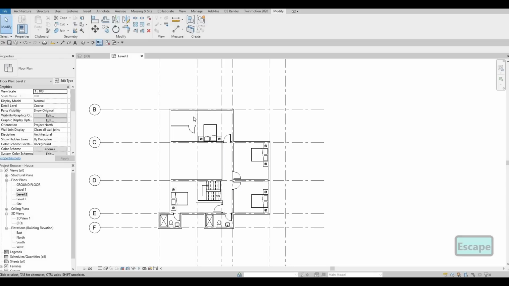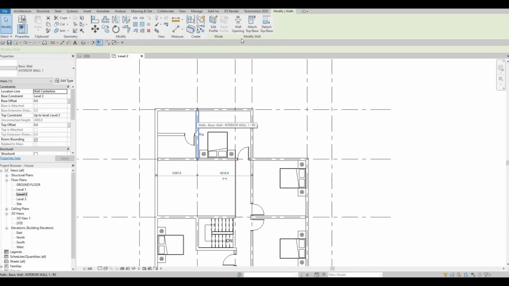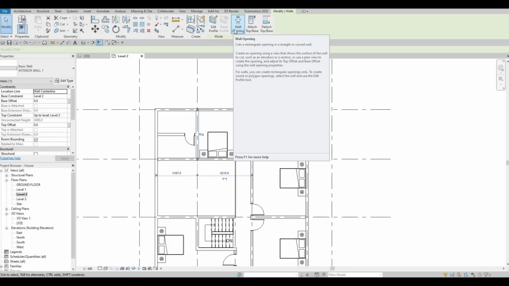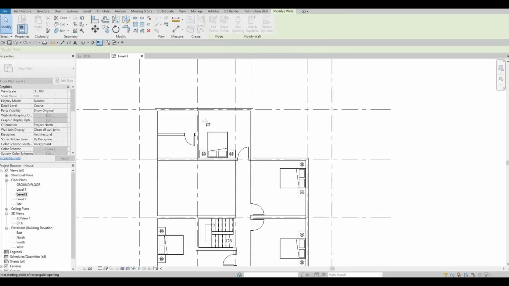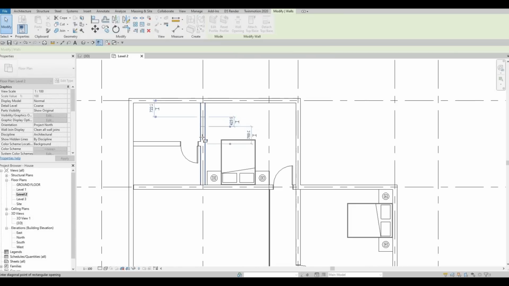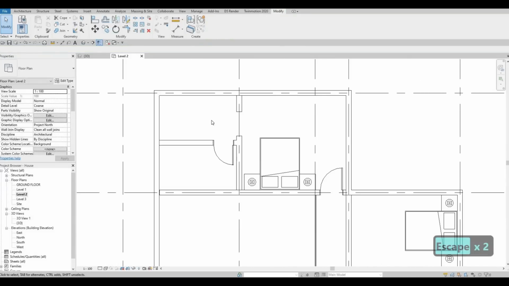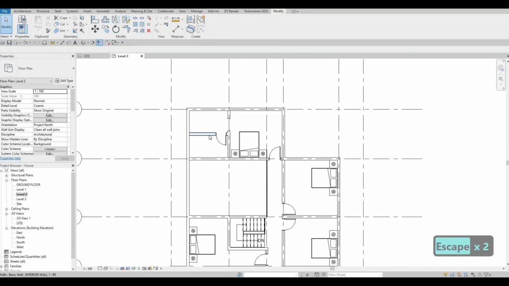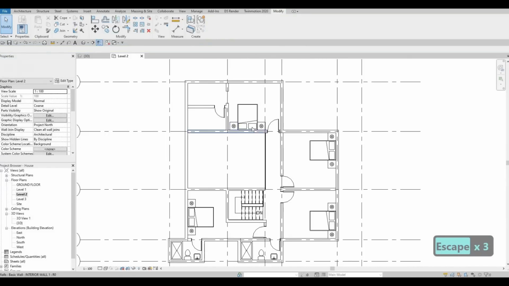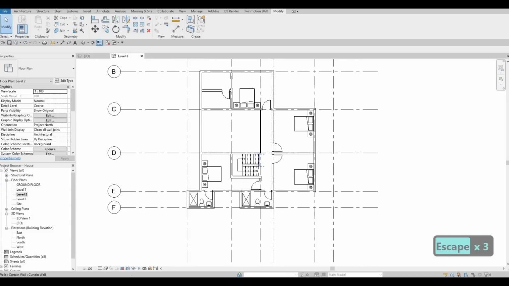what we can do is open this up. So this is wall opening. I'm gonna select that and then create an opening right here, and then we will have the closet right here on this side, the walk-in closet. So after that, what we can do next is we could basically add